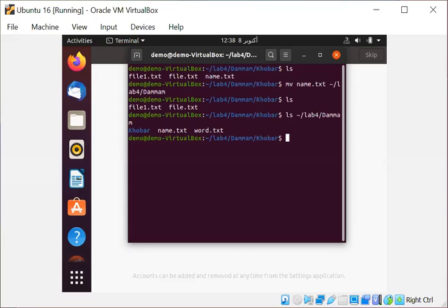What I want to do? I was telling deleting a file. Can I continue deleting a file? Delete means remove, rm. Remove means delete. Okay, let's see what I have here. Khobar has file1. Let me delete file1. Okay, remove and then file1.txt. Remove, rm,